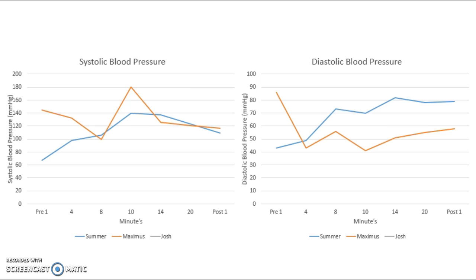This shows us that his blood pressure probably wasn't recorded properly in the first 8 minutes, as it isn't normal for it to decrease and then all of a sudden increase by as much as it normally increases throughout, but only gradually. This is the same outcome for the diastolic blood pressure, where Summer's does increase throughout and then plateaus, whereas Max's decreases throughout and then plateaus afterwards at around 14 minutes, the same as Summer.